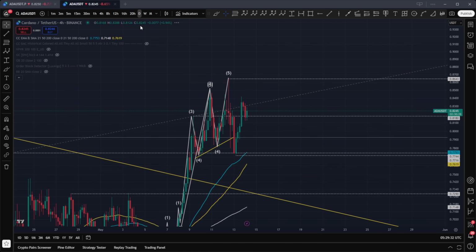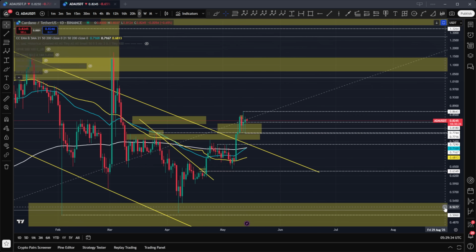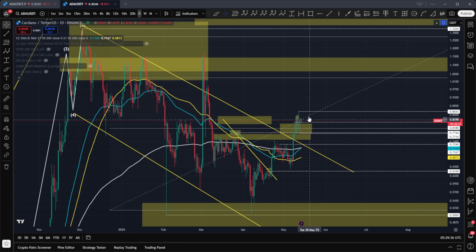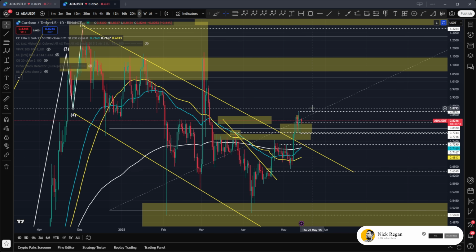Okay, so let's roll this up into a daily time frame then. On the daily time frame, we had the breakout of the downward trend line, and we are still rallying and breaking higher than the previous highs that we had. And the only concern that I have is the setup at the moment. It doesn't look like